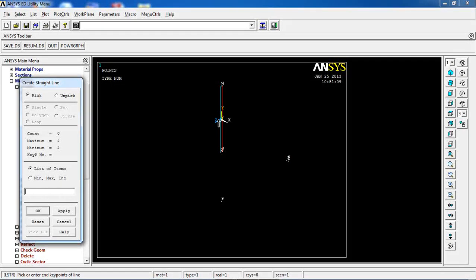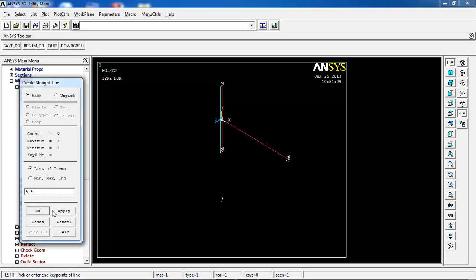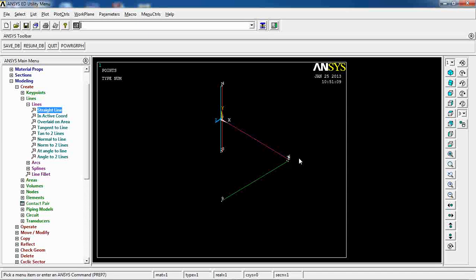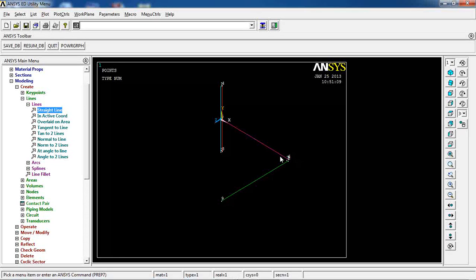Then I'm going to use key point 5 at the center to key point 6, apply, and then key point 8, which is here, to key point 9. So 8 and 9. Okay. Now I'm going to use key points 6, 8, and 7 to make an arc in